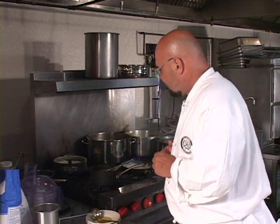You may be a cook that 80% of the time, which is what I'd probably recommend in general, if I had to pick a number out of the sky, let's say it was 80%, uses natural reduction with your brown juices or your chicken stocks and so on as your primary thickening agent. But there's going to be those moments where you don't want that. You don't want it reduced that much, and you need a little bit more body without as much reduction for one reason or another. The reasons are so many, there's no point in even going into it. But for this particular class, it's important for you to understand